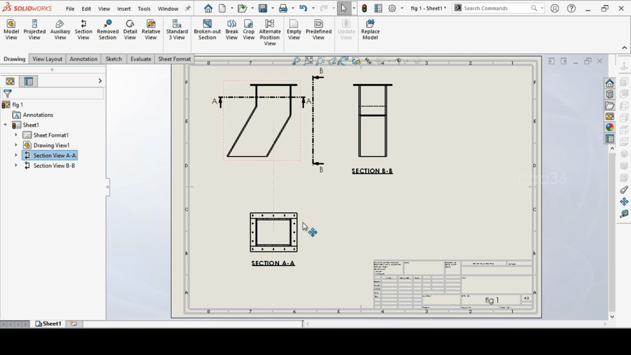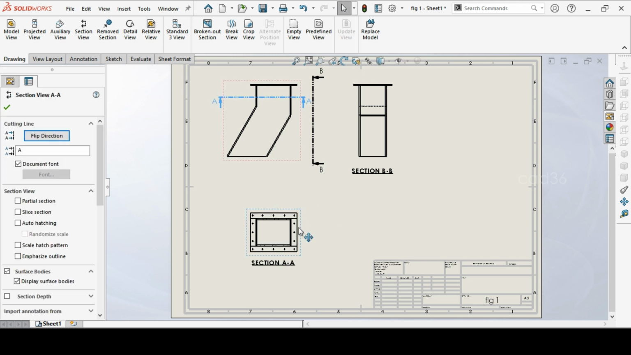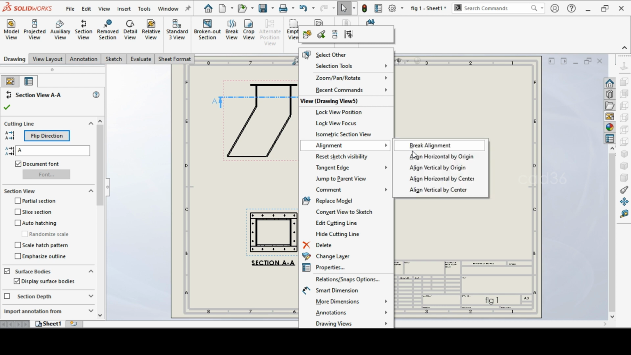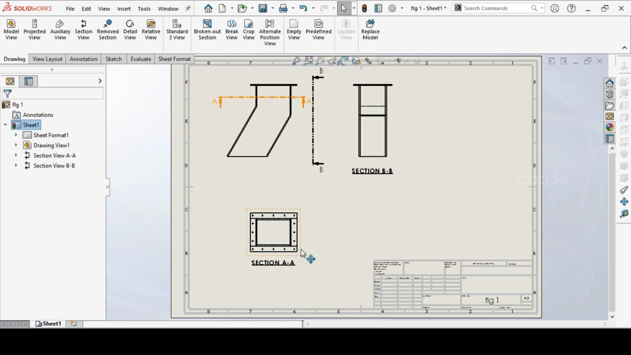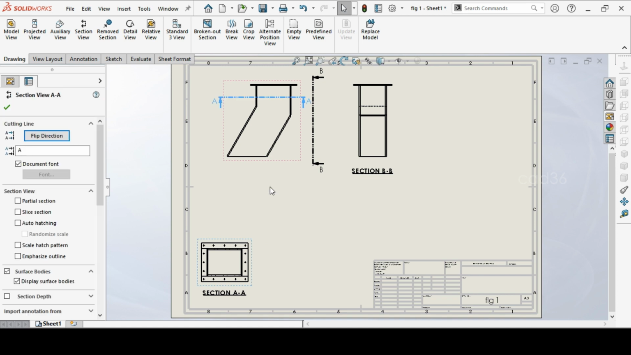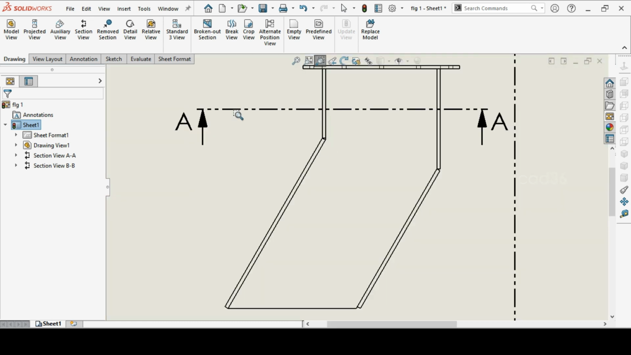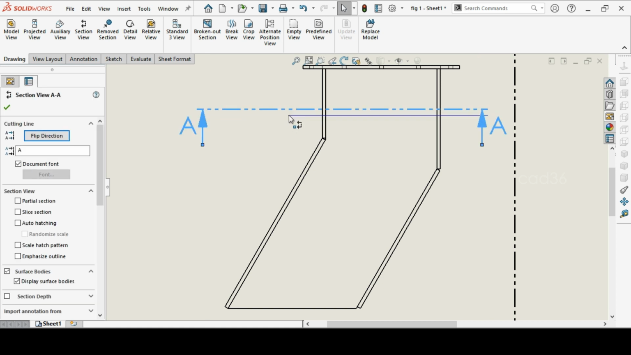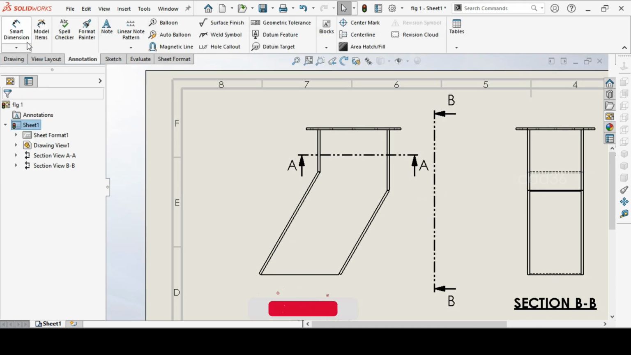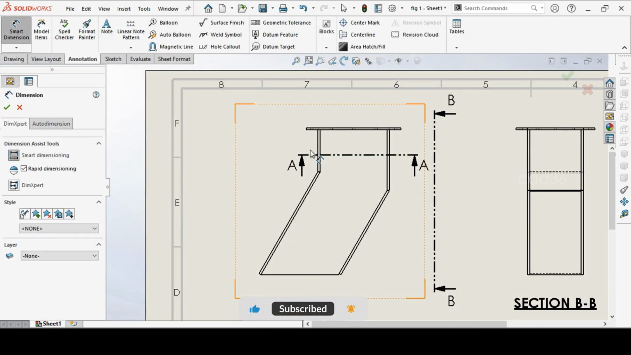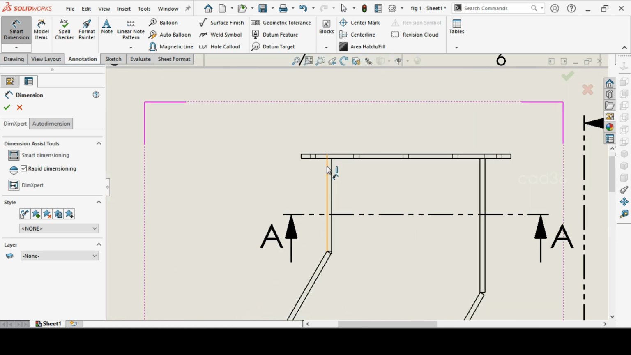Okay, and it's not moving because it is aligned, so select that, break the alignment, and you can shift it somewhere where you require it. I will move it to the corner, and mainly we need to make a dimension here, so select this view, zoom it, and we'll go for Annotation, Dimension, and we'll make the dimension from inside of the flange